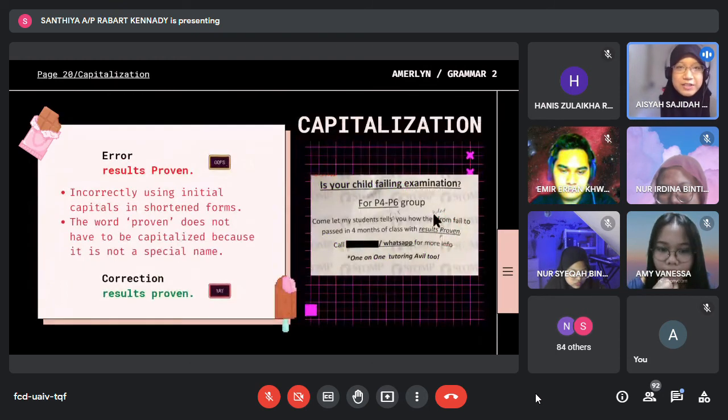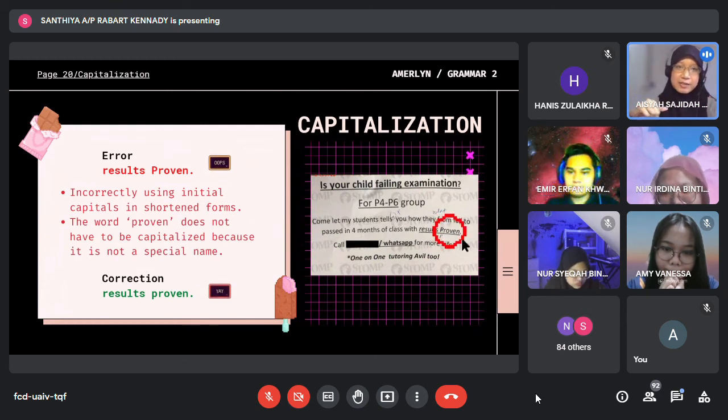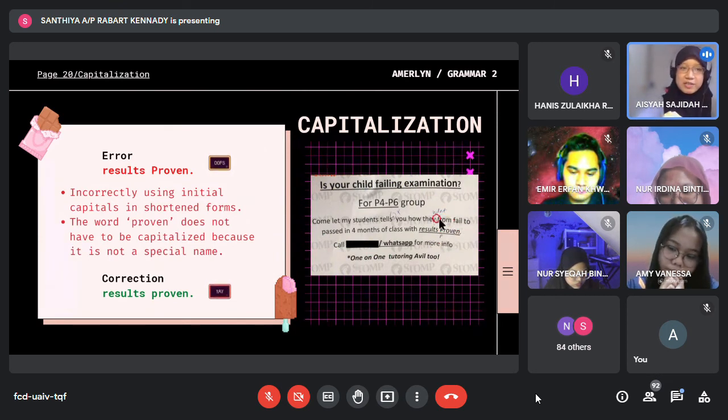Okay, the first material here is "Come let my students tell you how they went from fail to pass in 4 months of class with Results Proven." The error here is "Results Proven." So the word Proven here, as you can see, the letter P is capitalized, which it shouldn't be. The correction is "results proven" with the